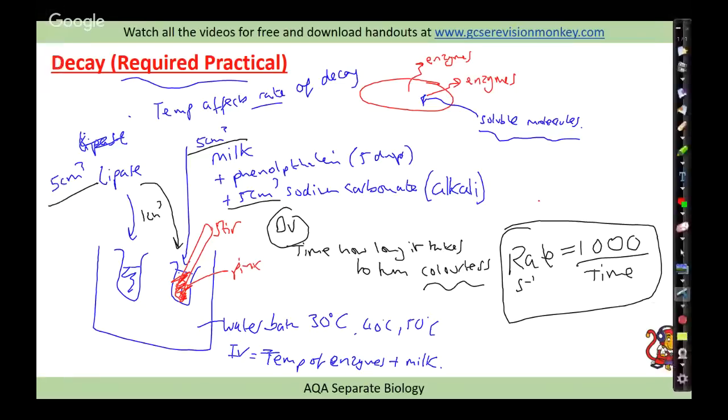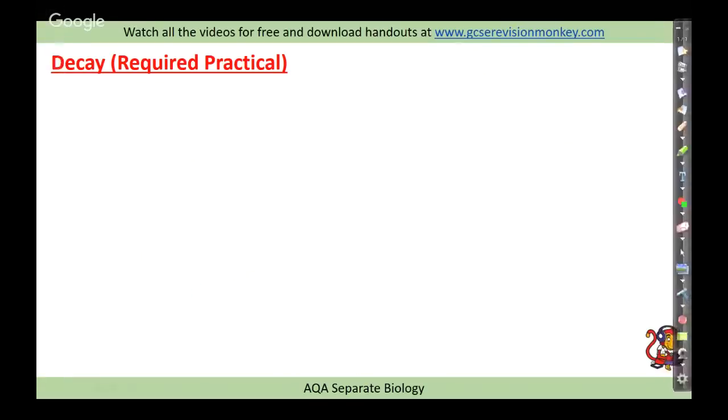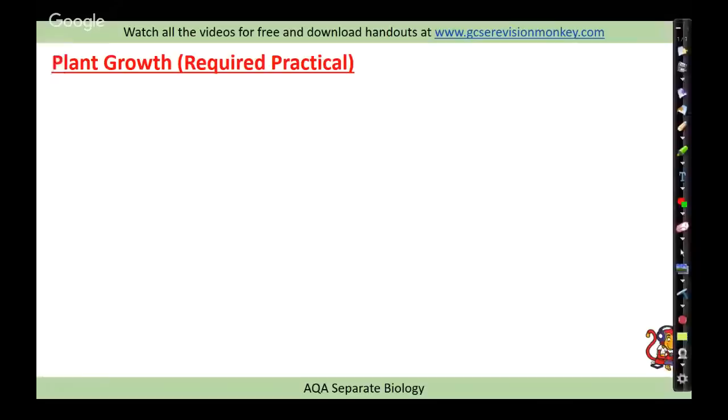The other required practical for separate only is a relatively simple one. What you need to do is talk about how something such as light or gravity, they'll let you know in the question, affects the plant growth. So, for example, you could have a Petri dish and you could put a certain number of seeds on that. You could then put a light in this position and then record the growth and draw diagrams of the growth of the plant. So after a little while, you'd have plants growing out of here,